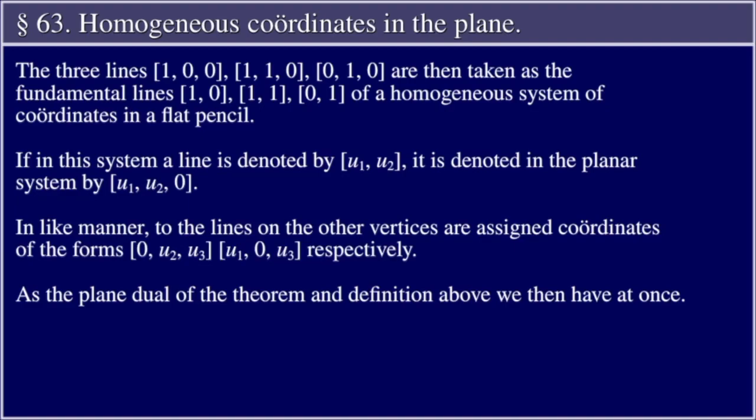If in this system a line is denoted by [u1, u2], it is denoted in the planar system by [u1, u2, 0]. In like manner, two lines on the other vertices are assigned coordinates of the forms [0, u2, u3] and [u1, 0, u3], respectively. As the plane dual of the theorem and the definition above, we then have at once